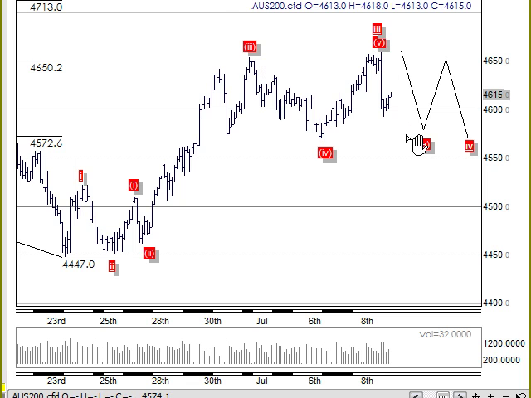Then we've got this A, B, and C here, but this is across the 4,600 here. So what we're looking for here is a corrective activity this week through here, but eventually finding support. Now this can pull back to the 61.8 retracement level, which is down at 530 here, but is more likely to sort of linger around the 45.50 here, depending on how the Shanghai market goes at 2,800 there.